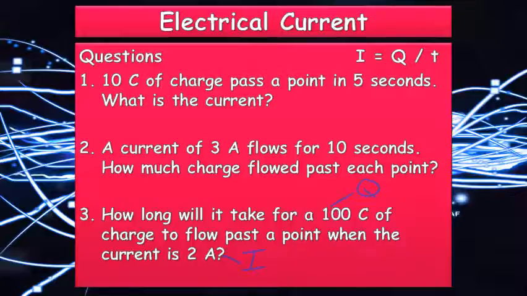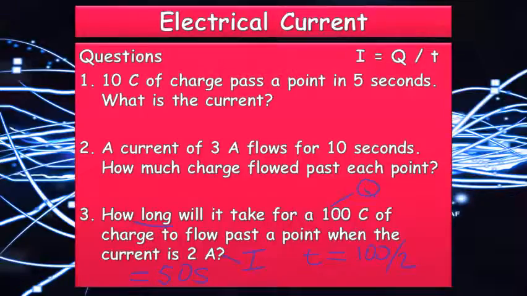You're trying to find the time it will take. Rearranging the equation, you get T equals Q divided by I, and it's simply a matter of plugging in the numbers. Q in this example is 100 and I is 2, so the answer will be 50